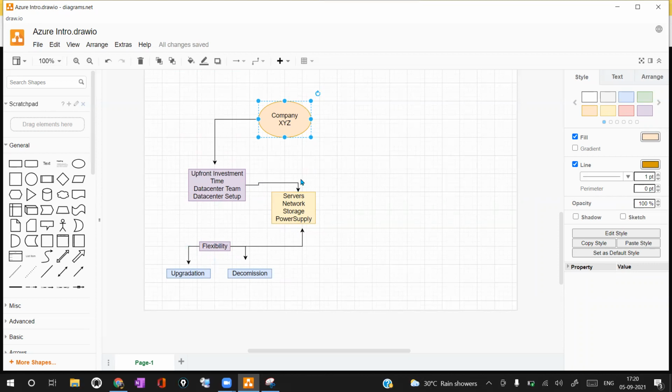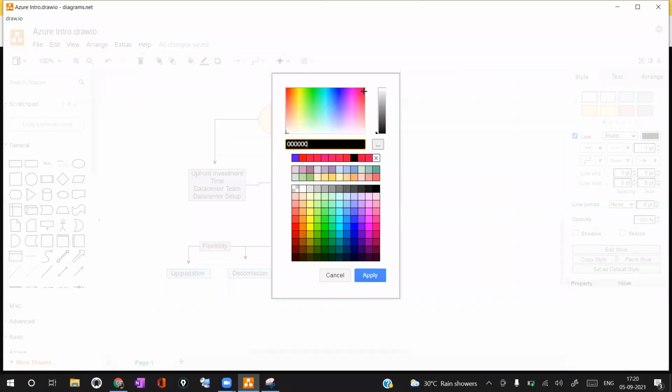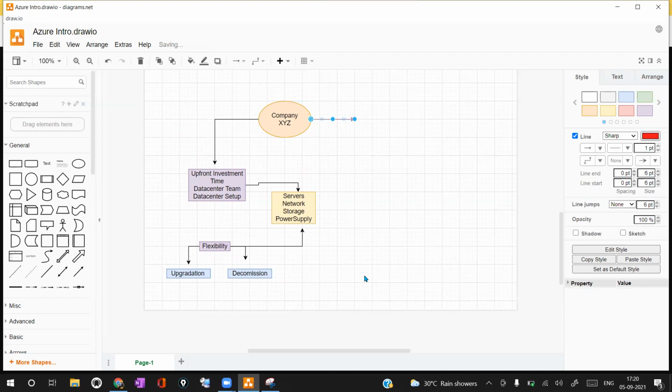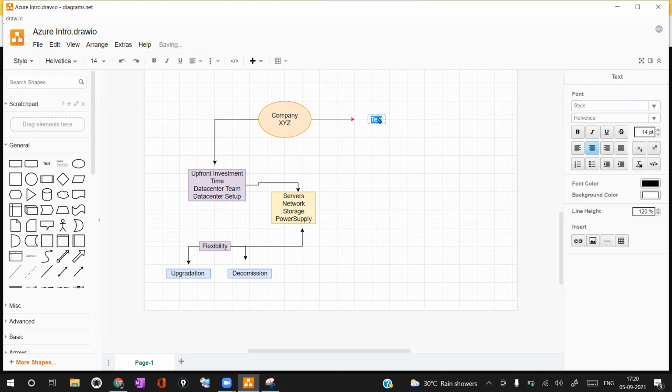Let's say this company XYZ, instead of going with data center services, is going to use Microsoft Azure, one of the cloud computing services in the world.